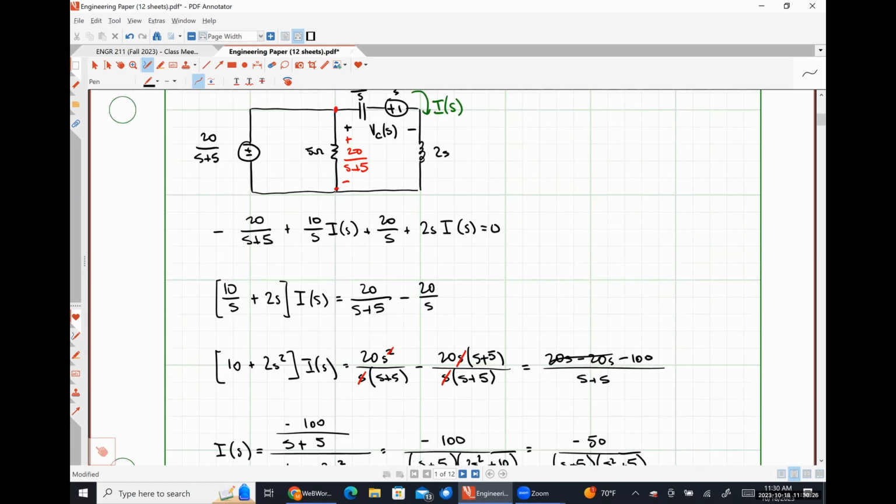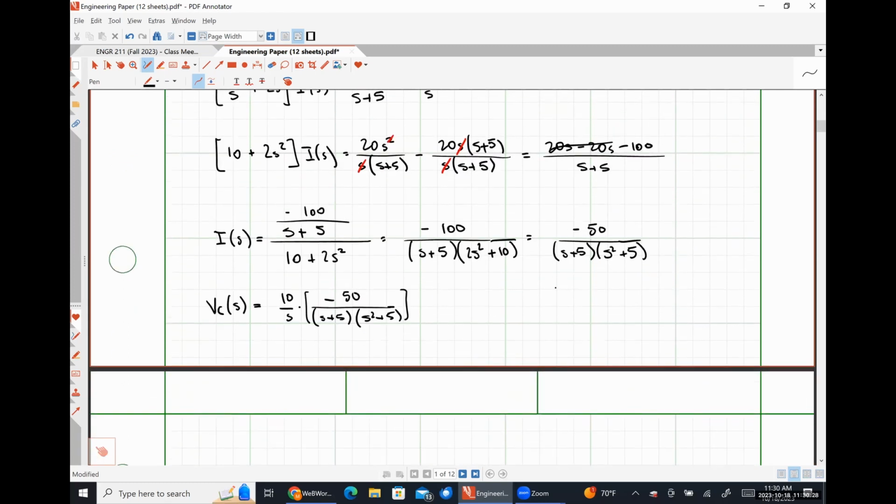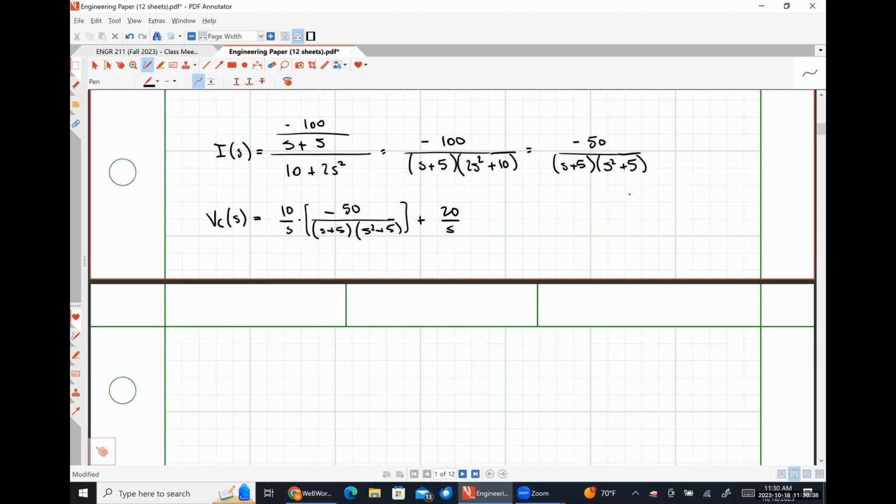Let me look at the polarity of this thing, plus 20 over S. And then making this thing less ugly, that would be negative 500 over S times S plus 5 times S squared plus 5